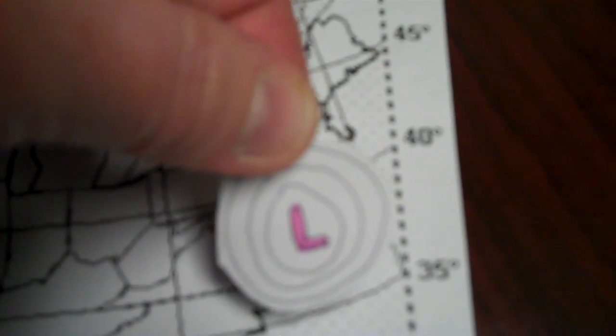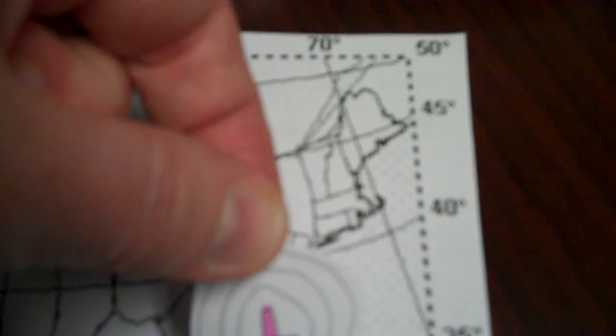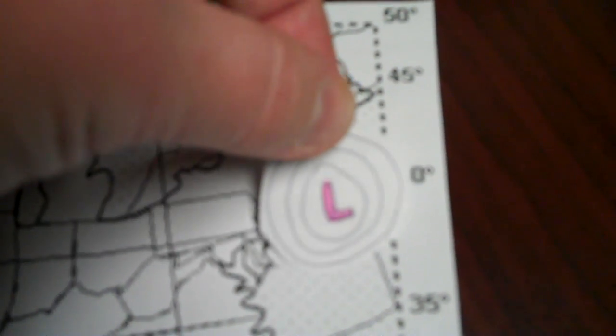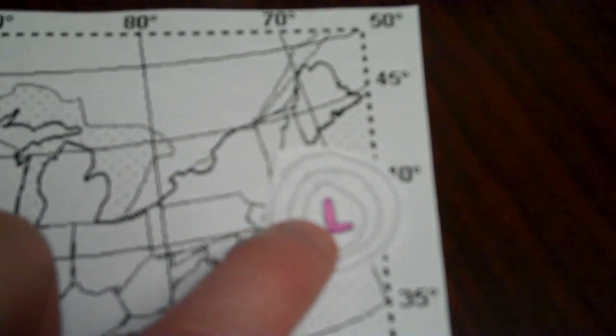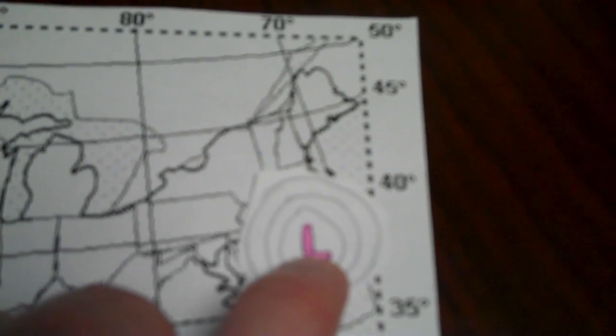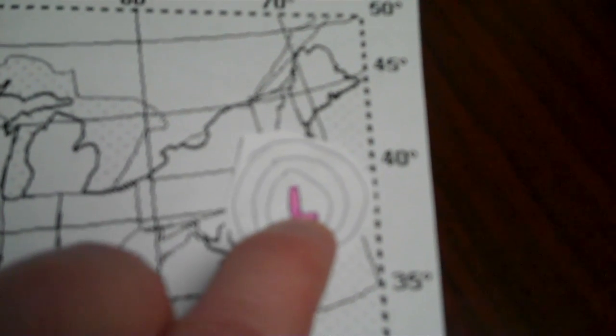If a low starts coming up the coast very close to that 40-70 benchmark, then that means that it could spread some snow over our area. If you see where Long Island is, that black line here, you see New Jersey here, this is upstate New York, and if you bring that low inside the 40-70 benchmark, then you see all these circles